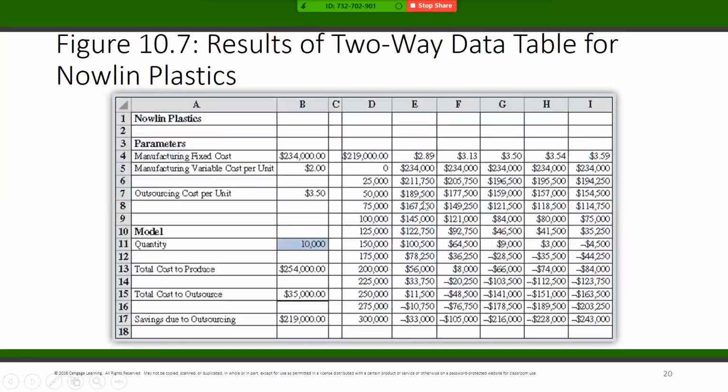And then when we go over here, this is what the output is. So it's going to fill in all of this data here. Okay, and as you notice, as we go down, things change depending on which cost is different. Okay, so 0, that's our basic $234,000 manufacturing fixed cost. And then once we start having 25,000, we can see the differences based on the different